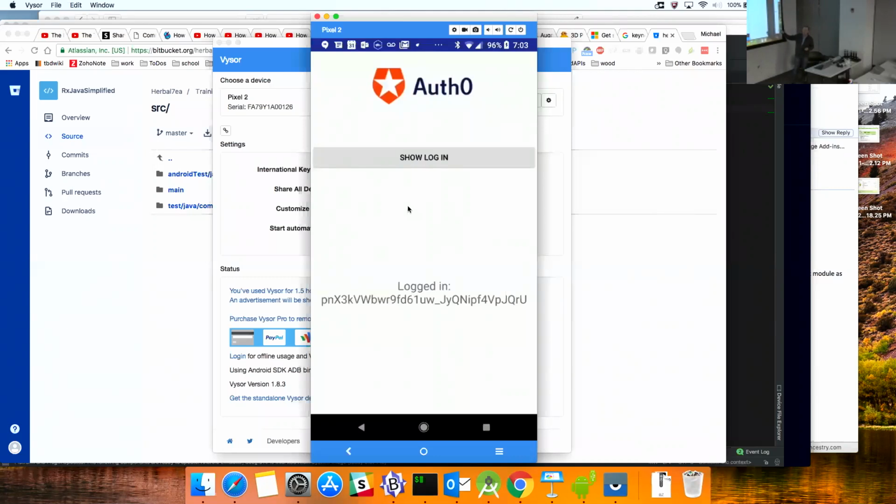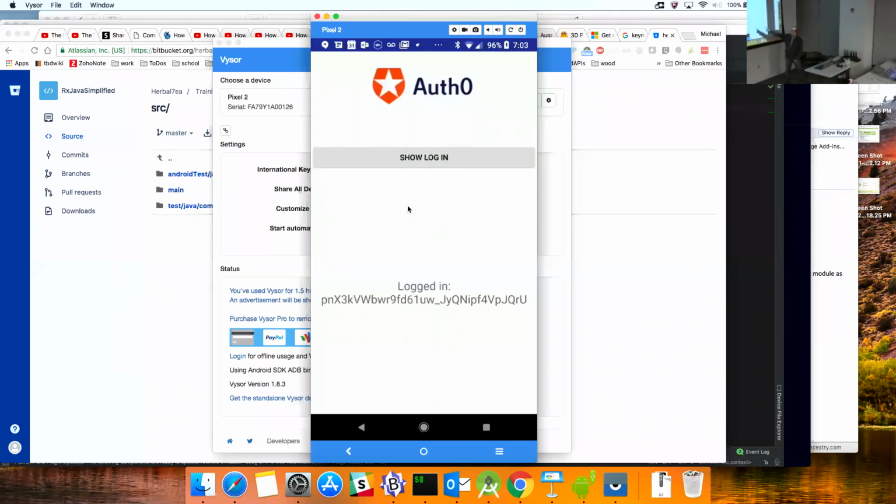So if they close this app and you say, it's going to be good for 7 days, they come back, and if there's the presence of a token, you can send that back to Auth0 and say, hey, this guy's got a token, is this still valid? Yes or no? Then they can come back and be logged in still. So that's the quick and dirty way.